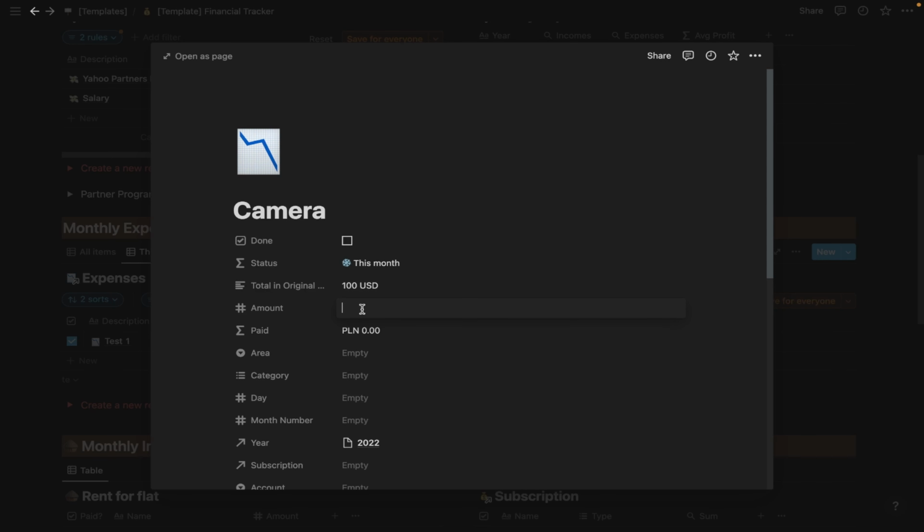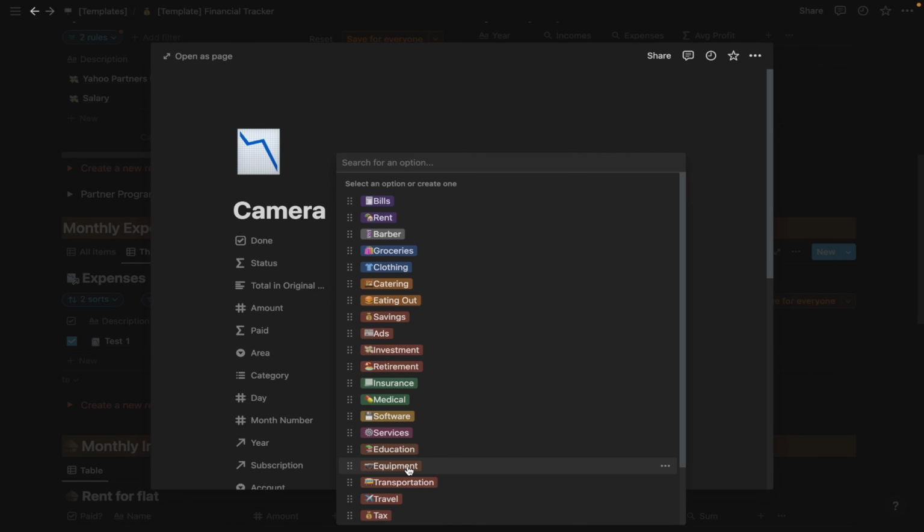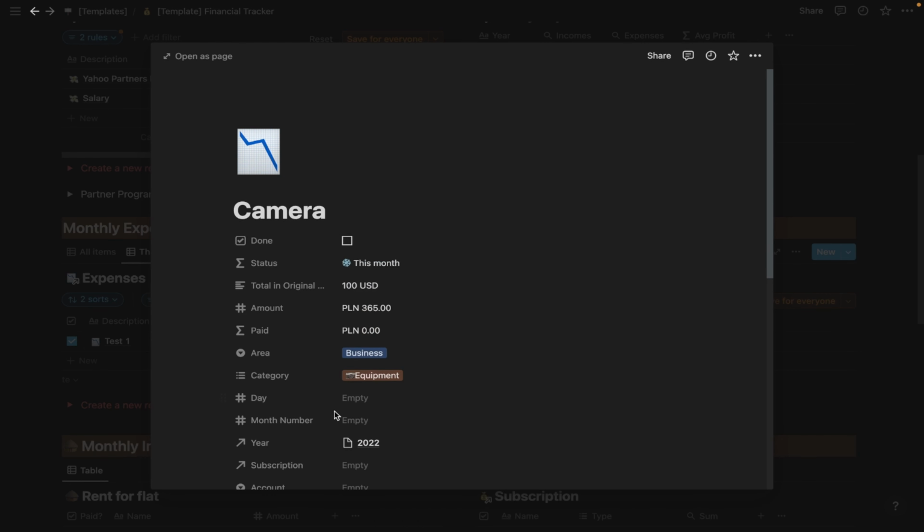Amount in current currency. Here we have information on how much we paid if we select this checkbox, but we haven't paid it yet. We select the area, personal or business. For example, this will be business. Choose category, equipment. When you need to pay, select the day. Example 5,